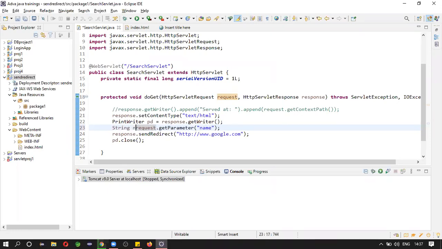That name can be name. We will pass that value. Okay, so save this code.